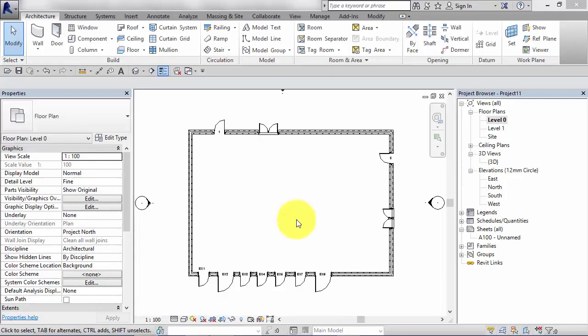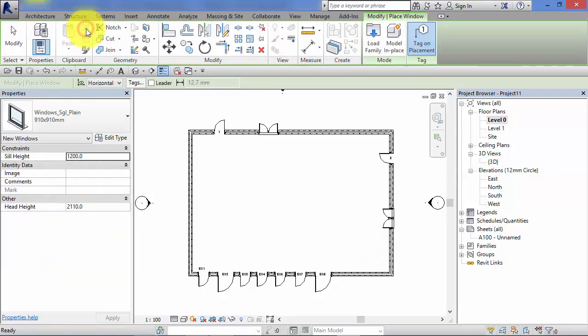So far in this unit I've just concentrated on doors and haven't really mentioned windows. That's because in terms of how the tools work in Revit, doors and windows are identical. So if you followed everything that we've done so far with doors, you'll have no problem at all with windows. So to conclude this unit, I just want to show you how to place windows, and I'm going to very quickly cover everything that we did with doors but with the window tool, just really to demonstrate that it is an identical process. So I've got my walls here,